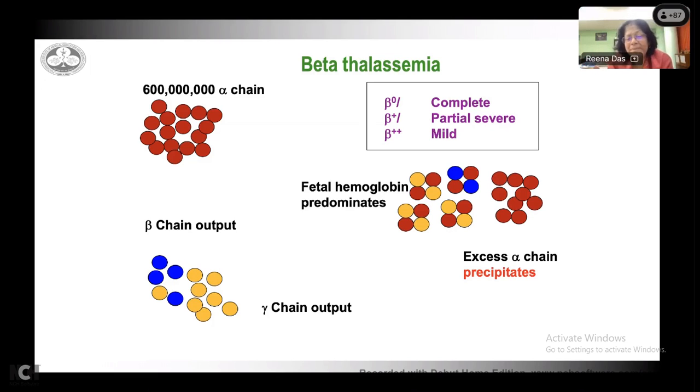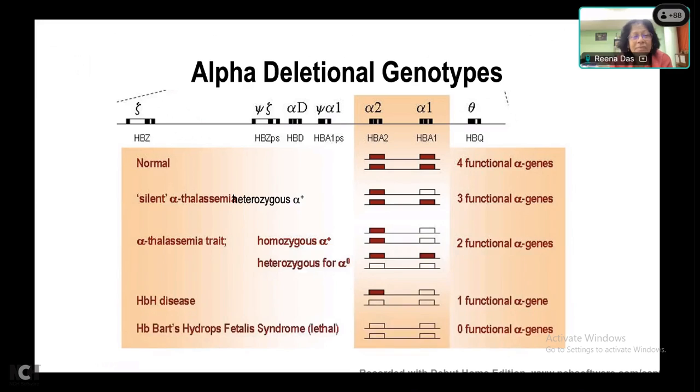And the problem is that the extra alpha chains, and I told you that alpha chains are anyway normally in excess, will precipitate. Because of that, you get a lot of intramedullary death due to the instability of these globin chains. In alpha chain disorders, usually they are deletional, as opposed to the mutations which are more common in the